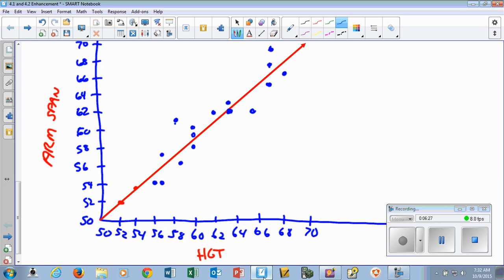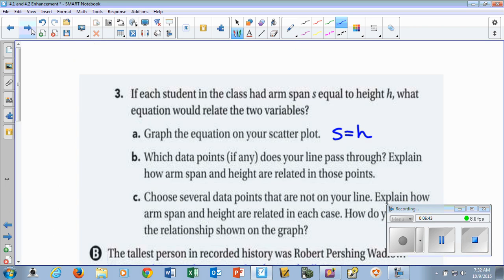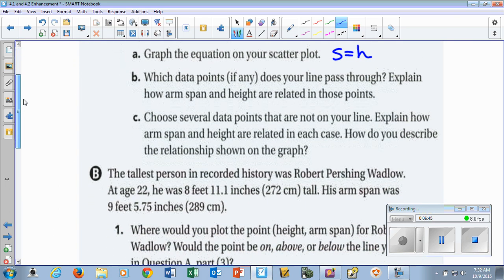Well, again, if you see the points that are closer below the line, that basically tells you that arm span is less than the height. And if you see points above the line, that means arm span is greater than the height. So if we go to answer that question,